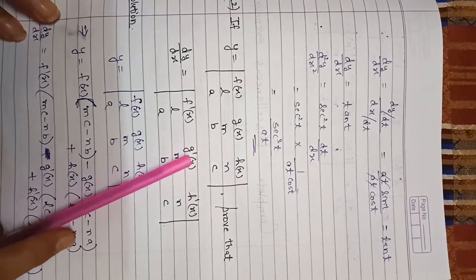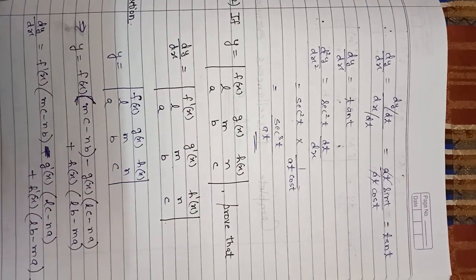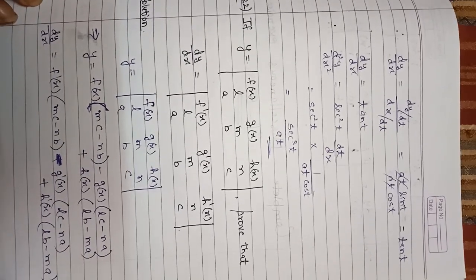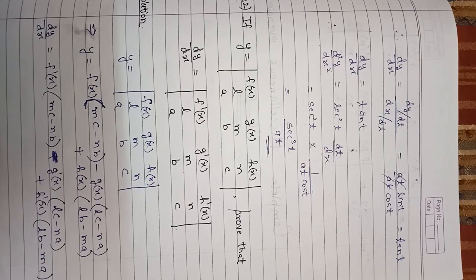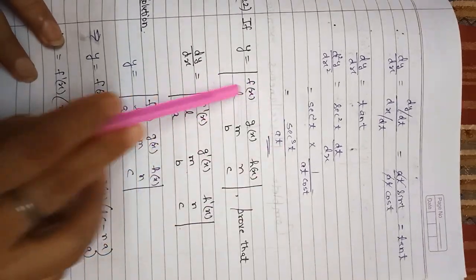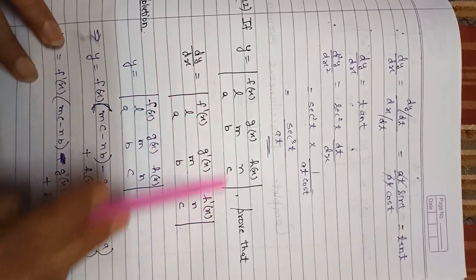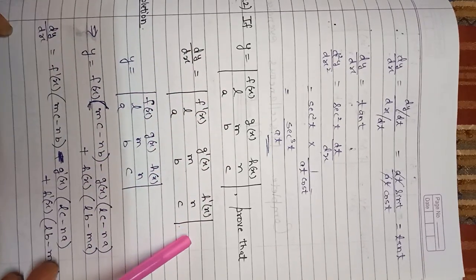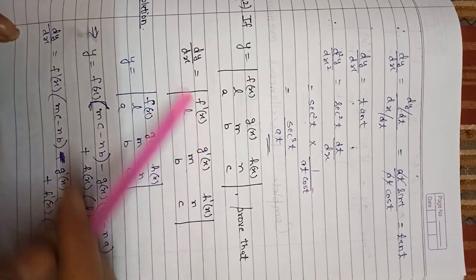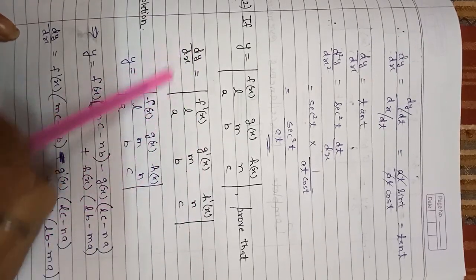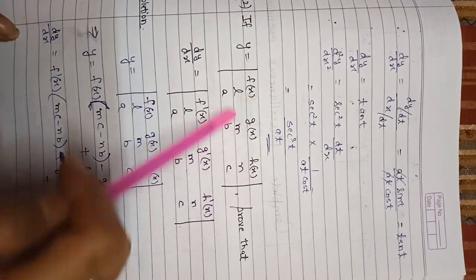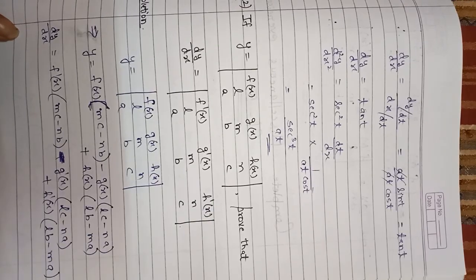And this is the last question, 22nd question. This is a bit different, so I am doing it here because it's given in the form of determinants, and in the form of determinants you have to find dy by dx. This is the given determinant, and we have to prove that after differentiation we will be getting this. You cannot write it directly. Many people will be writing this and then this step, that dy by dx is differentiation of f x, g x and h x and the remaining terms like that. No, we cannot do that.